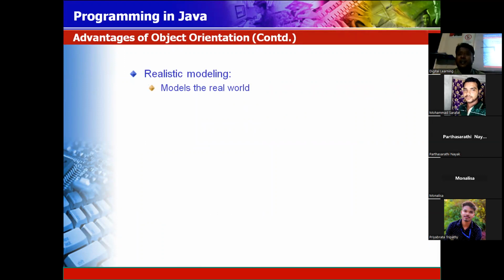Now, the advantages or characteristics of object orientation. The first is realistic modeling. So when you people are planning for a get-together, that means there is a feast. So you plan for it. What is your budget? Which items will we make? How much will the budget be, how much will each person pay, and you collect it.